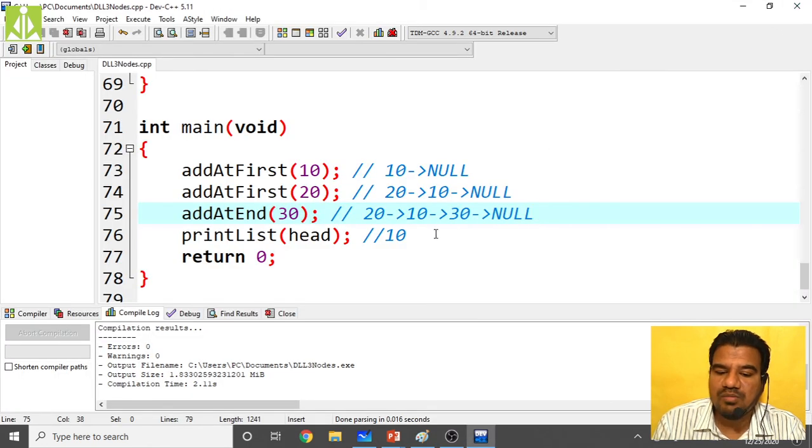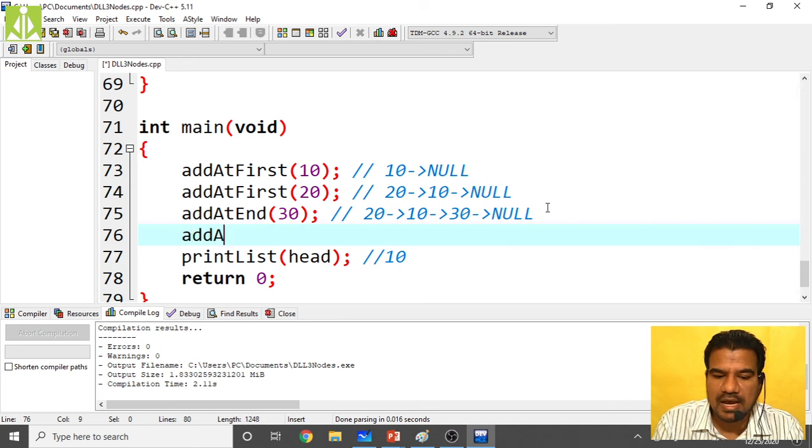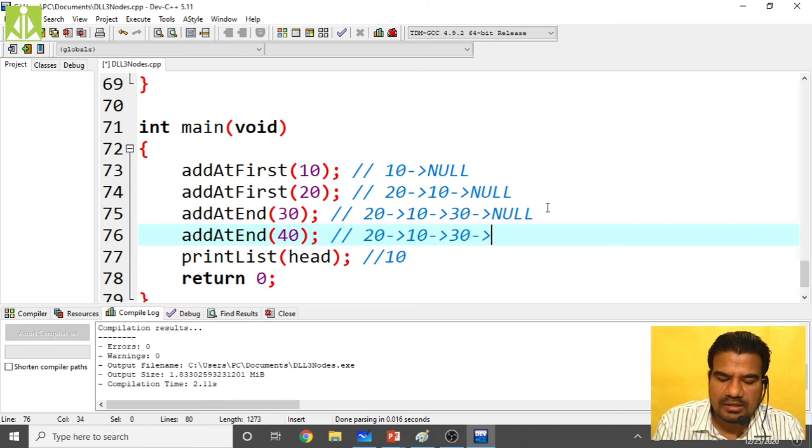I will add one more value with add at end, let us say 40. How will my list go now? In forward direction I have to get 20, then 10, then 30, then 40, because we have added at the end.